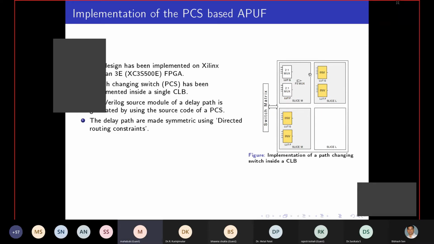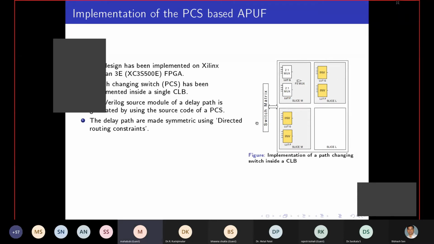Lookup tables are basically muxes with 16 inputs and 4 select lines. So any 4 input function can be implemented using this lookup table. We will implement the inverters using these lookup tables, and 2 muxes also using the lookup tables. Then we will connect these 2 muxes with the third mux using the dedicated F5 mux. So I think it is clear.